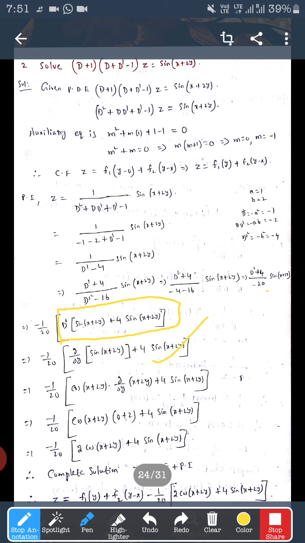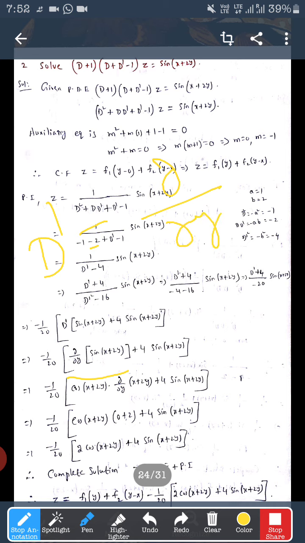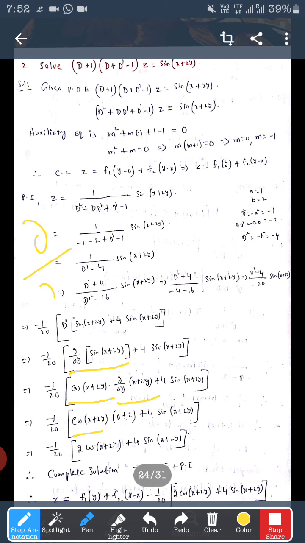So there is no need of differentiation here. And here, we know that D' is equal to dou by dou y. That's why I'm writing here dou by dou y of sin of (x plus 2y). Here y is constant, x is there. Therefore, first we apply d by dx of sin x formula here. Therefore, this becomes cos of (x plus 2y) and dou by dou y of (x plus 2y). Dou by dou y of x is 0.